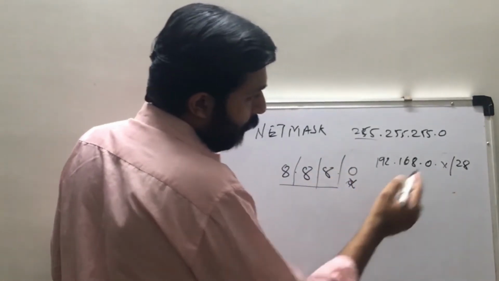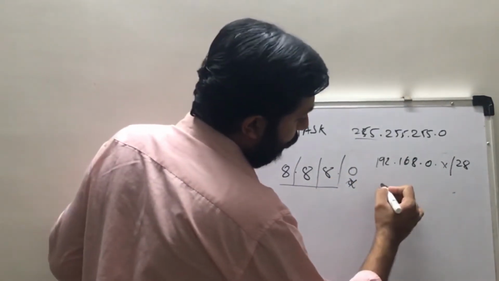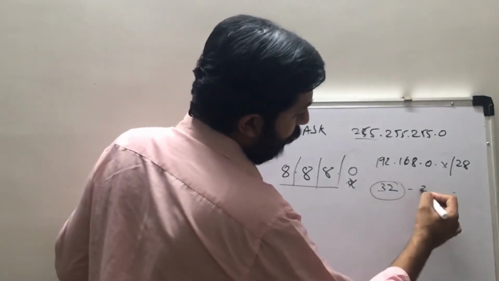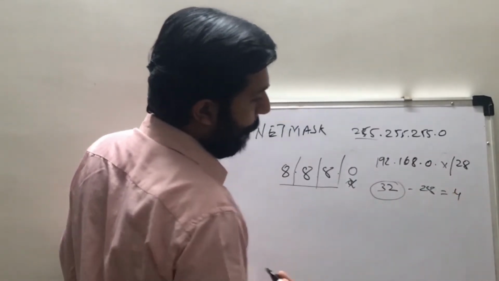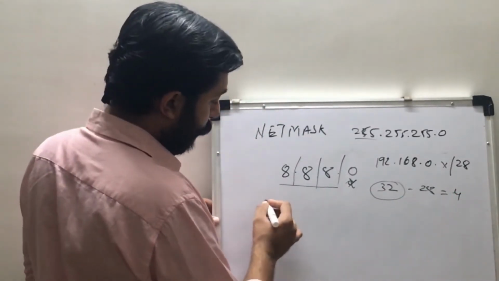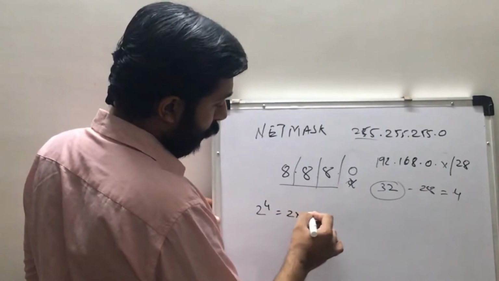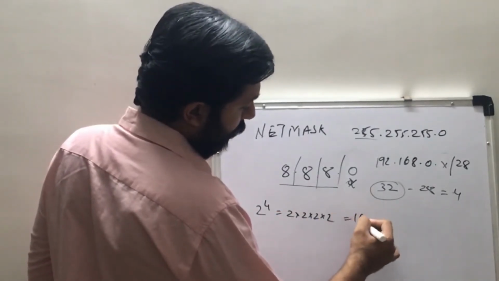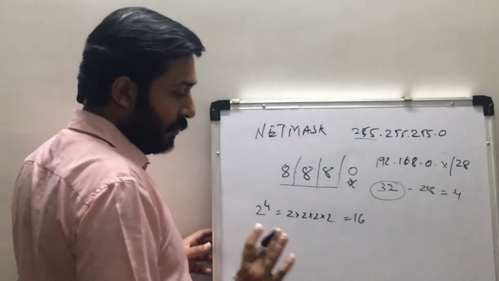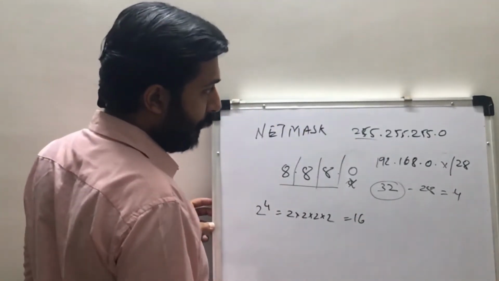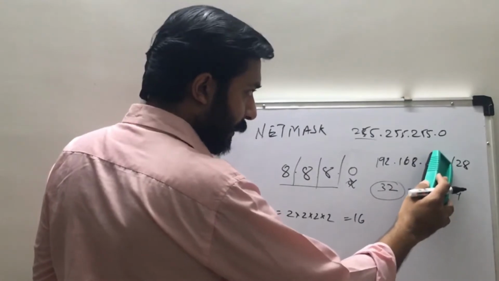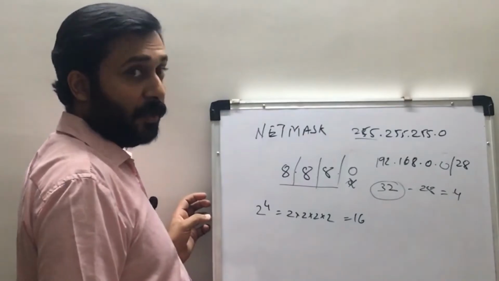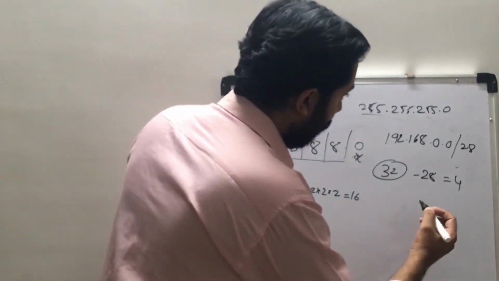that when you see such numbers, you subtract it from 32. So 32 minus 28 gives you 4, and 2 raised to 4, that is 2, 2, 2, 2, 16. 16 IPs are available in this network. Over here, as I said, it can be a 0. This network can start with a 0 if there is a network of